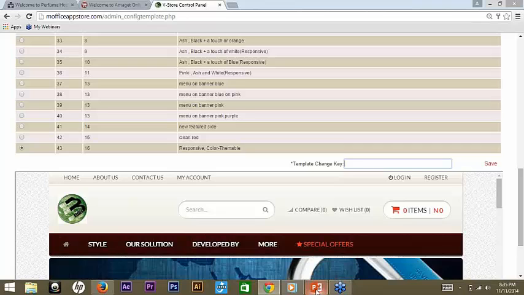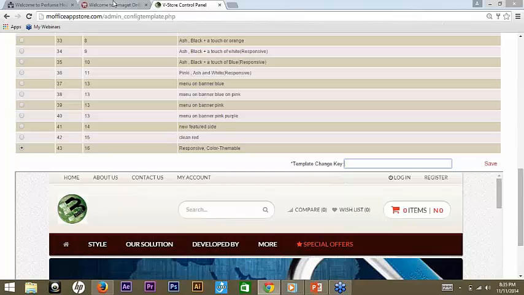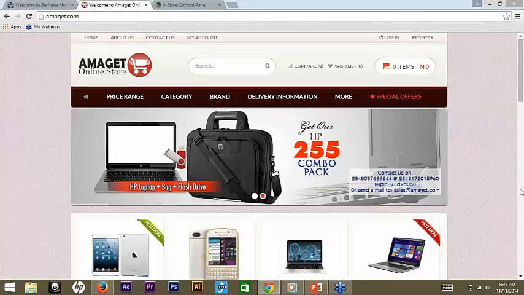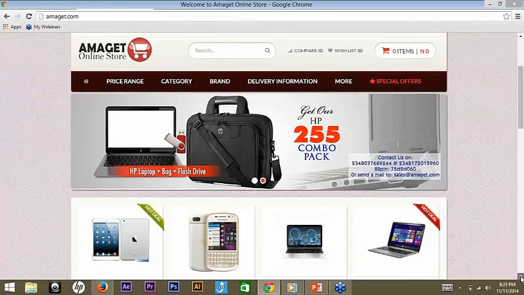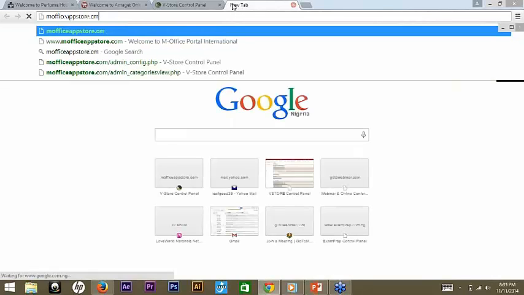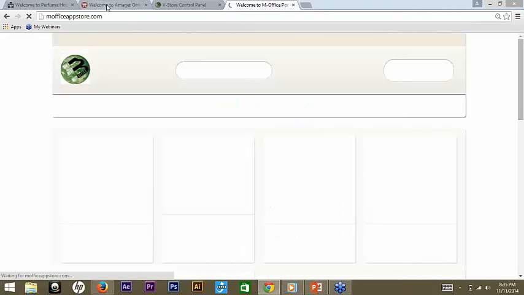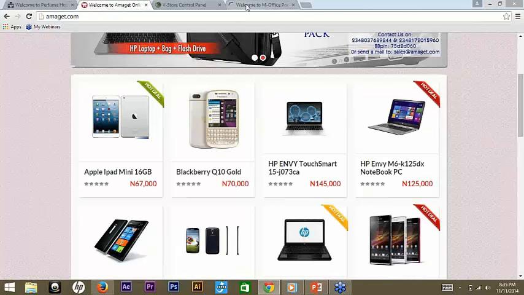Okay, the next thing I want us to look at is how to control special labels, discount vouchers, and comments through rating. Let's look at this site, and at the same time, let's look at moffice appstore.com. Now, on moffice appstore.com we don't sell anything here, and it looks like Amazon, but there's something I want to point out